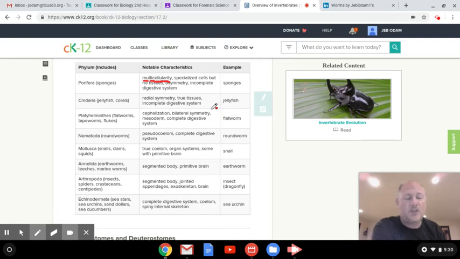But from an evolutionary standpoint, from a biology standpoint, these are the first animals that start to show cephalization. Okay, the idea where we're going to have a head structure. An earthworm has a head end and has a butt end. Bilateral symmetry. We can cut an earthworm in half and have a complete right side and left side. It's no different than if we were to cut ourselves right in half from head to toe. We'd have a right side, we'd have a left side. This is the first time we see that. It's the first time we see cephalization.